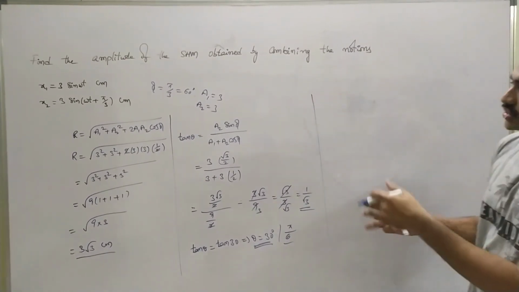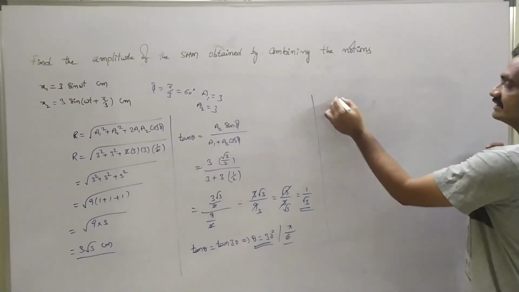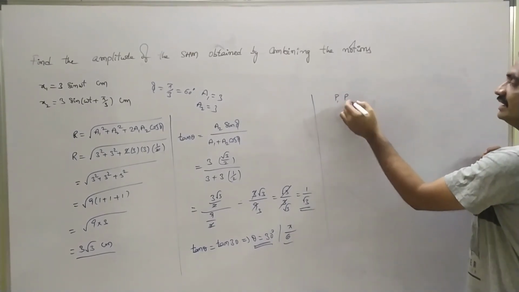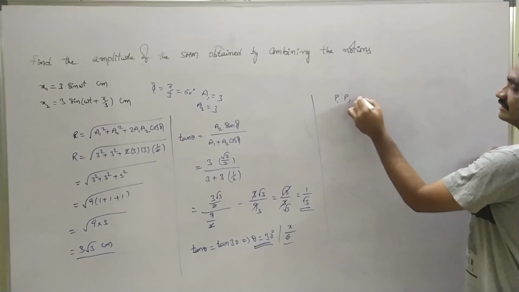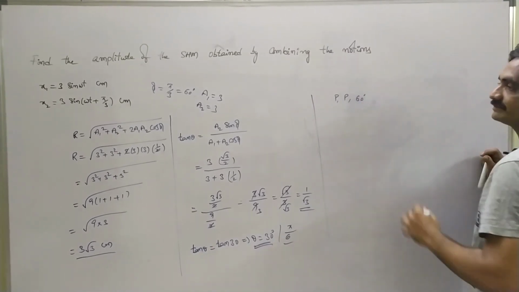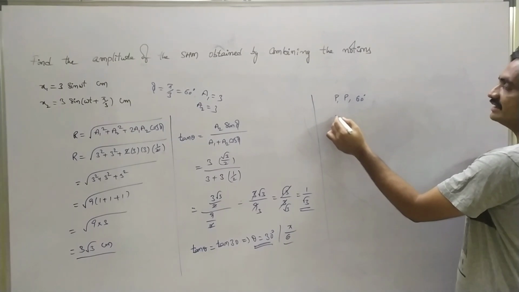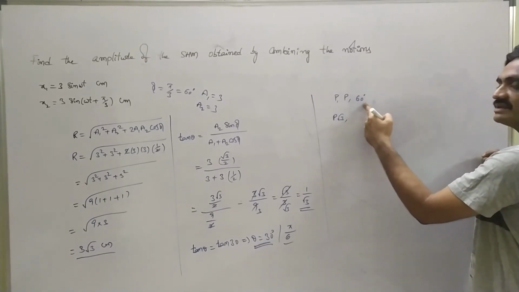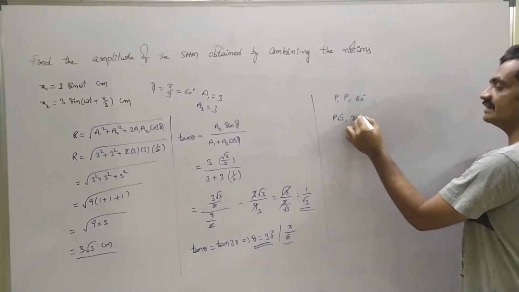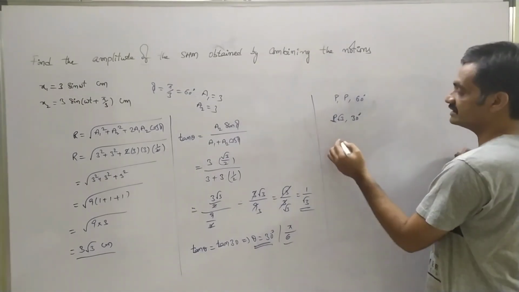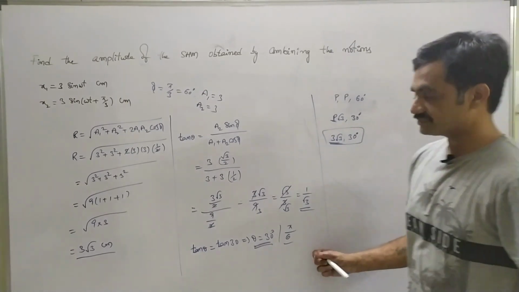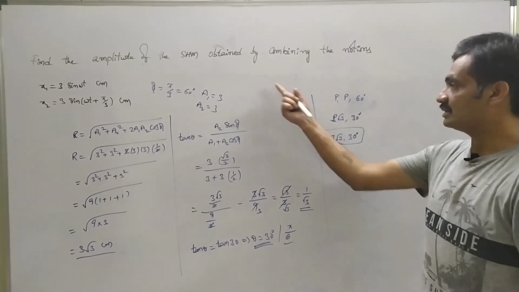See, in the shortcut method, we can represent the answer as follows: if the amplitudes are P and P, both are the same, and the angle is 60 degrees, then the answer will be P root 3, comma, and for the angle we have to consider the resultant as half of this angle, 30 degrees. Observe that the actual amplitude is 3. Answer will be 3 root 3, comma, angle will be 30 degrees. Very shortcut method in order to solve this numerical.